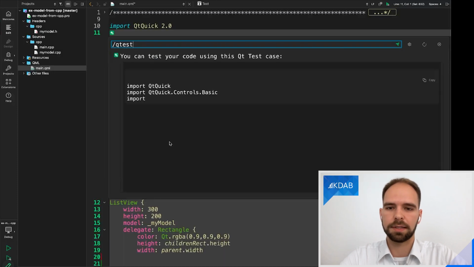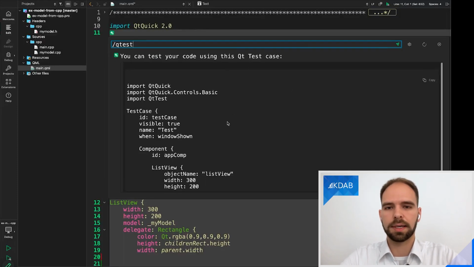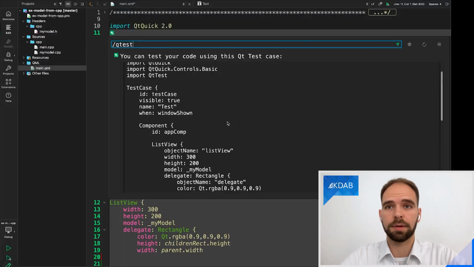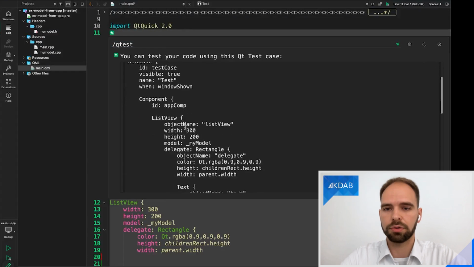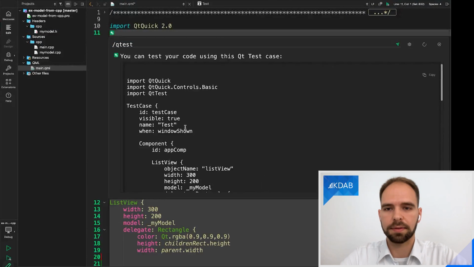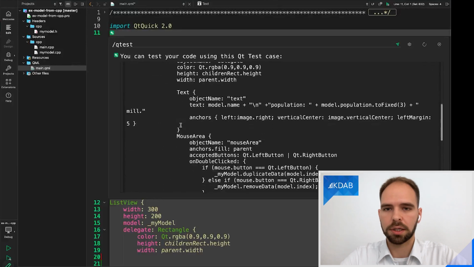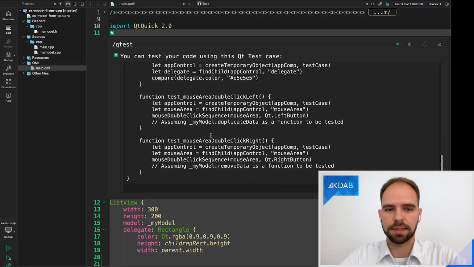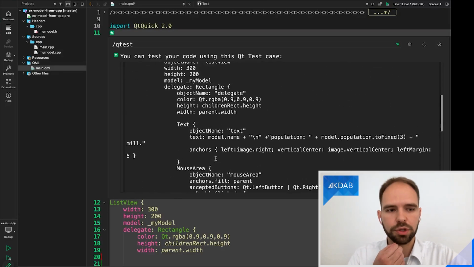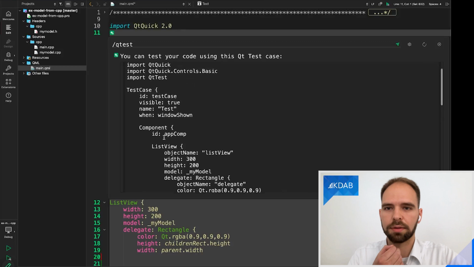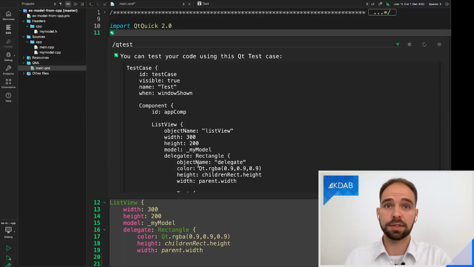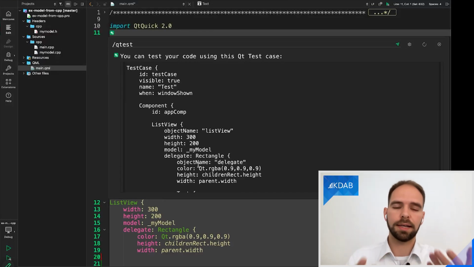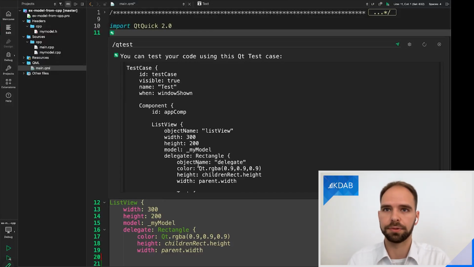So here, for example, I selected the QML code and I can ask it to generate a test case for this, because this is something that people often look for in AI use cases. Here we see it's importing the Qt QML module, and it's instantiating this code, and then it's trying to generate some tests. I don't want to go through the details of how well these tests are going to work. I do want to point out, though, that it's not really reusing the component, but just copy and pasting the code into the test. So there will definitely be work necessary here, but you might find this to be a useful tool in your development.